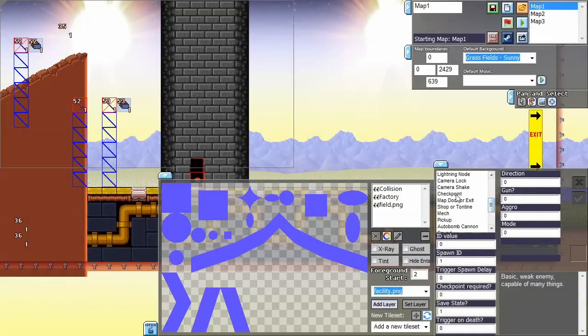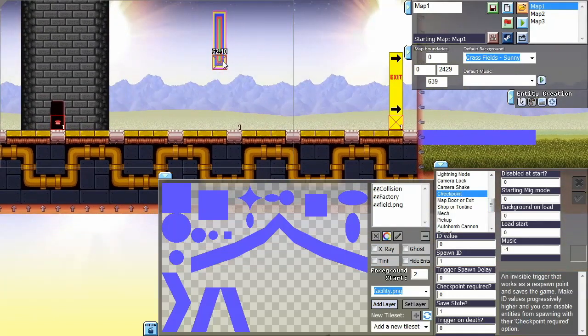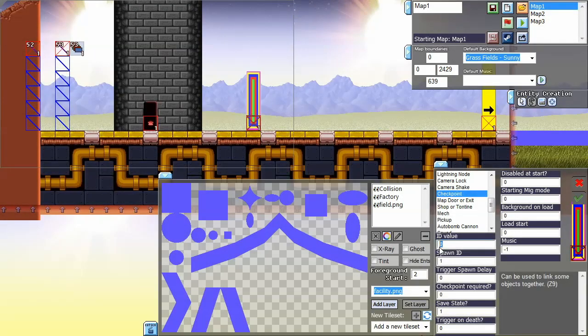Let's start off this part by talking about checkpoints. They're a fairly core entity, and they allow the player to save the game and respawn after dying. They're activated only through collisions, and they require a unique ID value. Once again, I suggest using the X grid position as the ID value. Chances are you won't have two checkpoints on the same X grid spot, but if you do, just change the